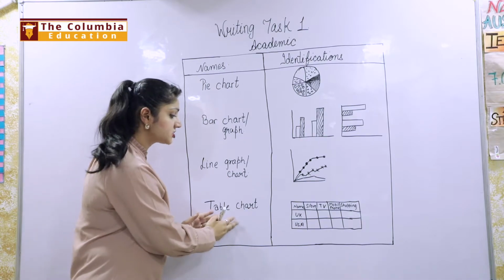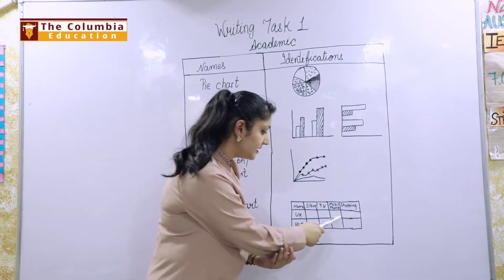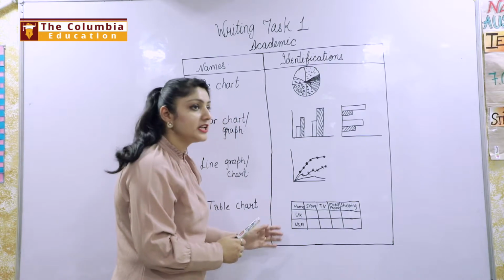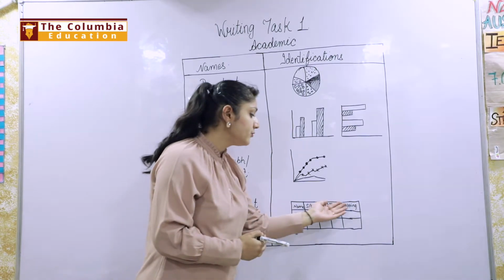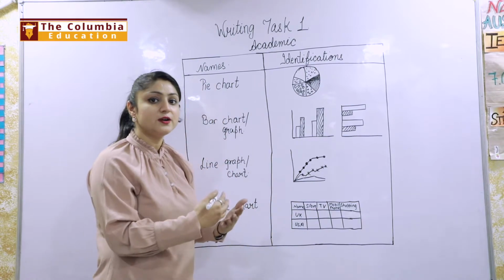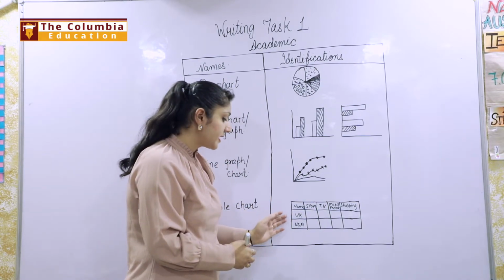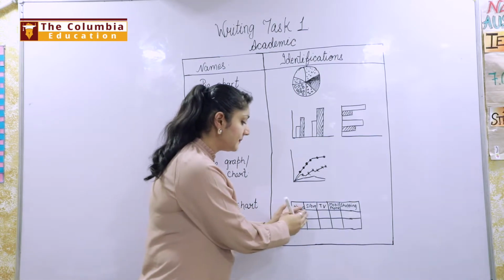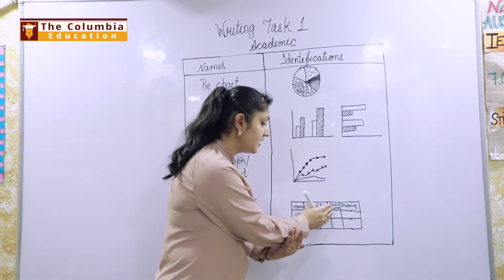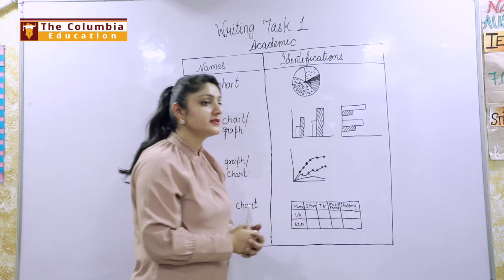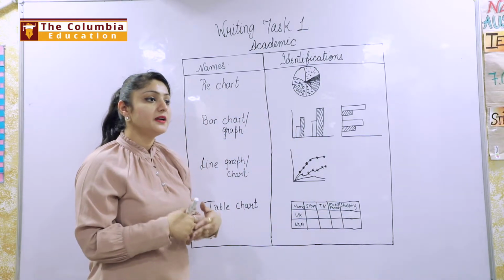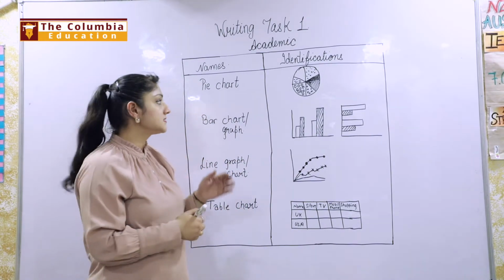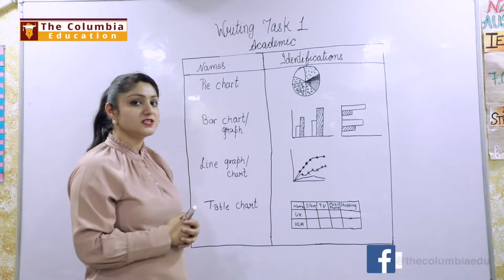Next is a table chart. See, I have made the table in a different form. Like first, these are the names. That means here are the names of something, and there are the things they are doing, right? I have written UK and USA. These are the names of the countries and what people in those countries are doing in sport, TV, mobile phone and shopping. This data I have not mentioned, but in an exam you will get the data also, right? This is about the graphs and charts.